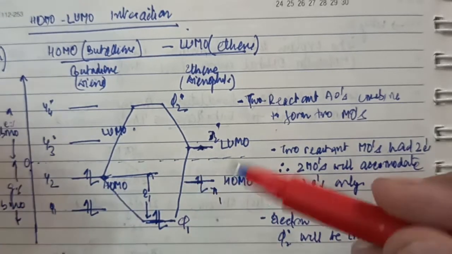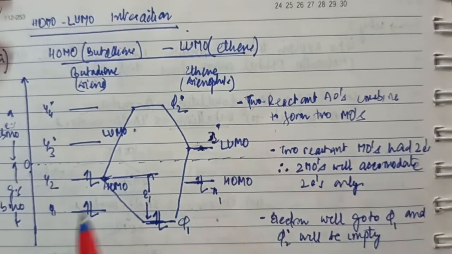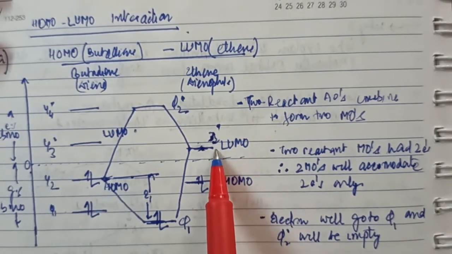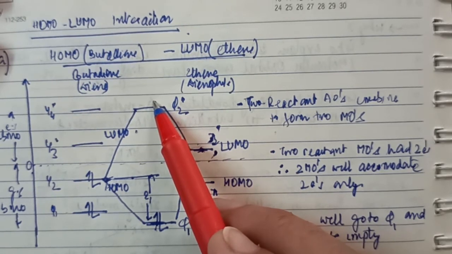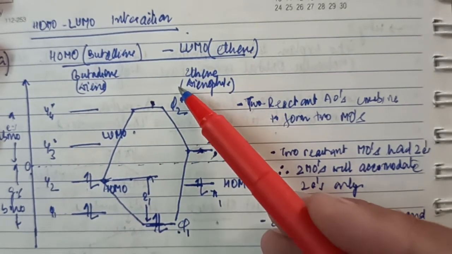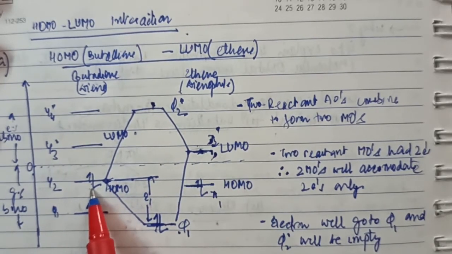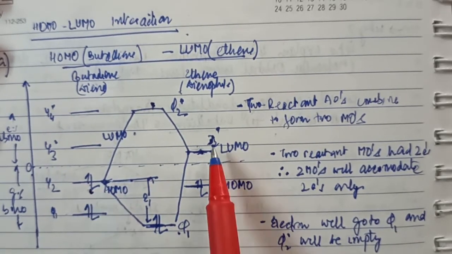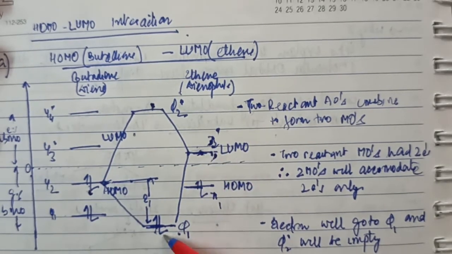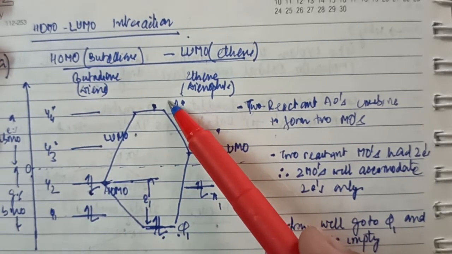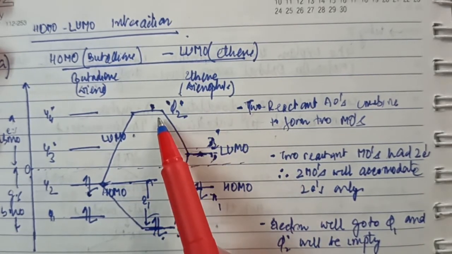These two are placed at different levels of energy. If they interact with one another, again, when two atomic orbitals interact, two product molecular orbitals will be formed, one bonding, the other anti-bonding. In the reactant molecular orbitals, only 2 electrons were present, in Psi2, and Psi3 star was empty. That means I have to accommodate only 2 electrons in the product molecular orbitals as well, and these 2 electrons will go to Phi1, with Phi2 star empty.